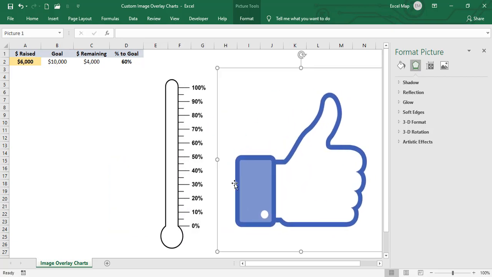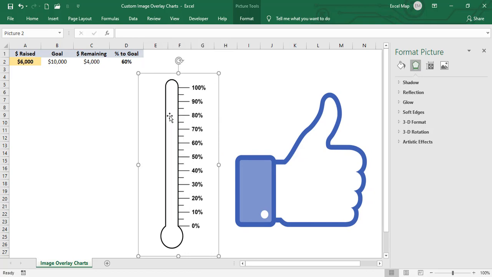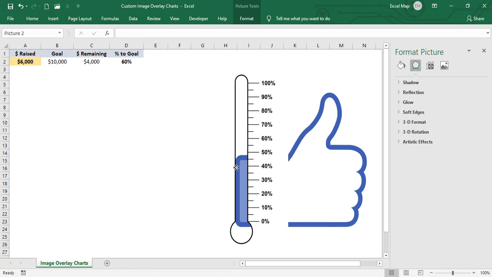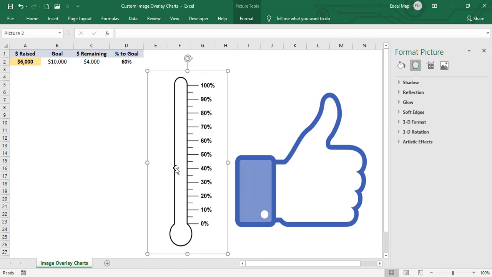This thermometer is also the same, just right click, bring to front. See, look at there. This thermometer also has a thick background. At the same time, it also has transparency. Now I'm just taking this kind of images. Now we'll insert